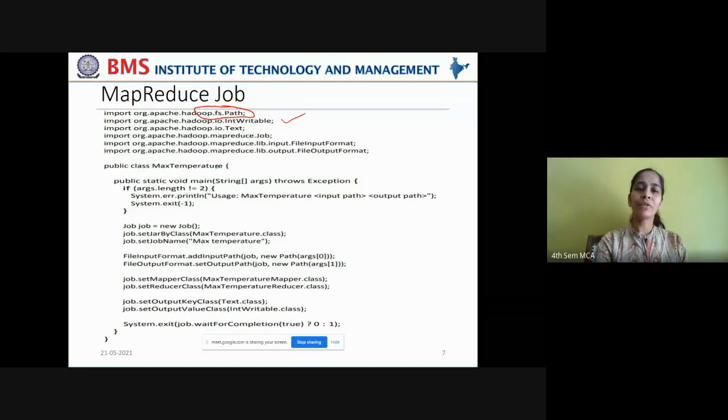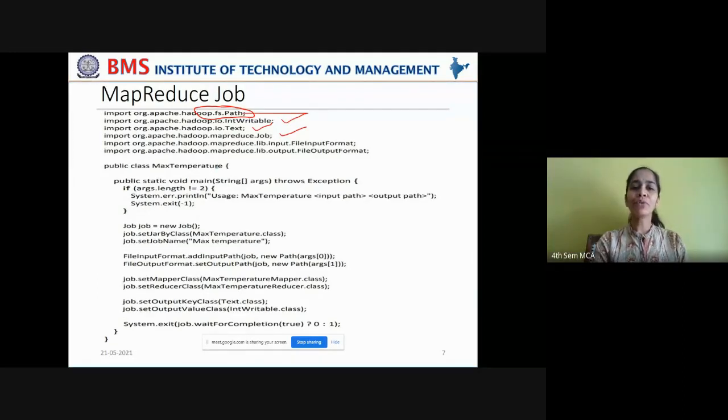And you also have to work with IntWritable, the integer wrapper class, and Text for the string class, and you have to import the Job package also, because you're now going to pack your job, which contains map and reduce functions, which can be transported onto data nodes. Remember, data is not being transferred on the HDFS cluster to and fro. To save bandwidth, only the computation task is being transferred to the data nodes where the data resides. Got it? So this transfer of map function and reduce function happens through this job.